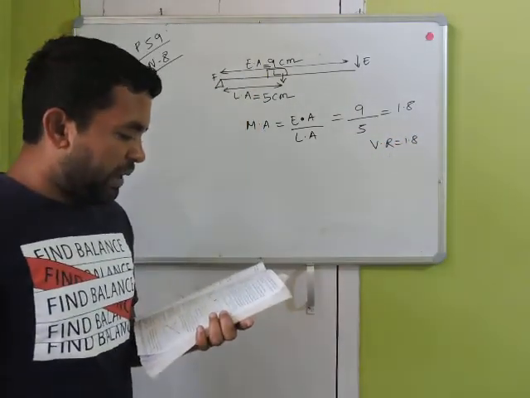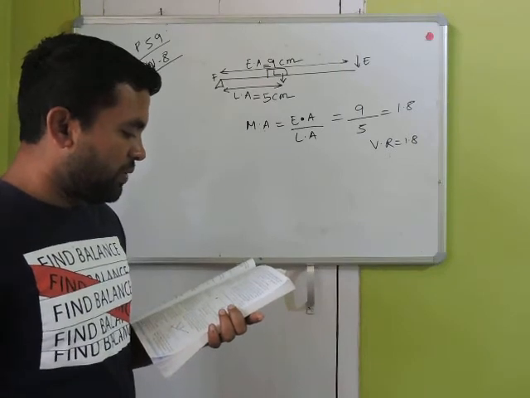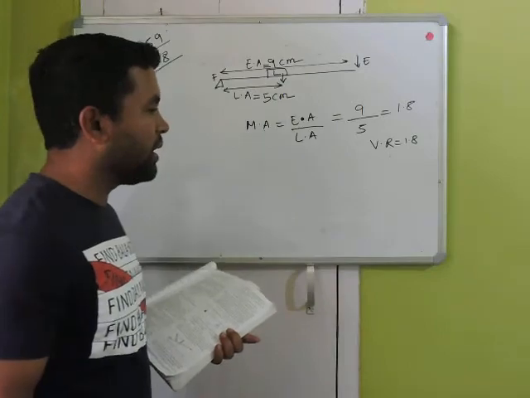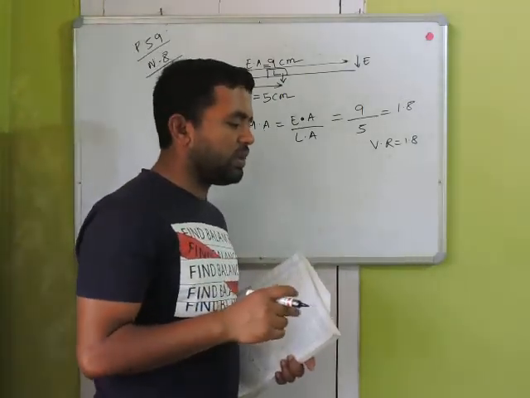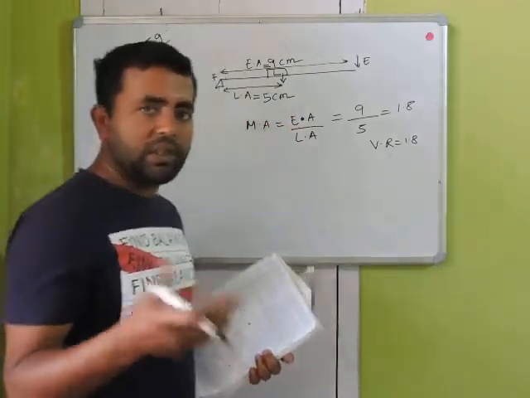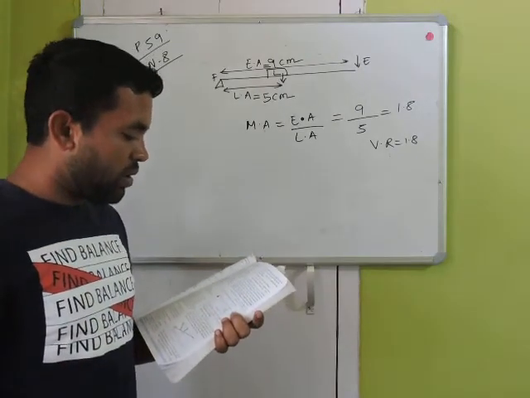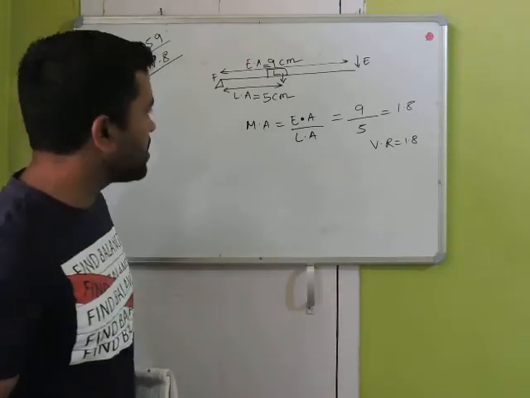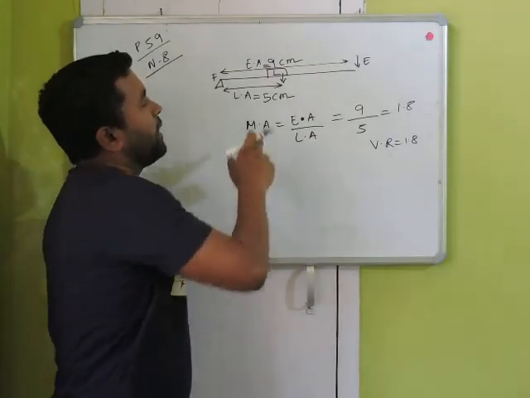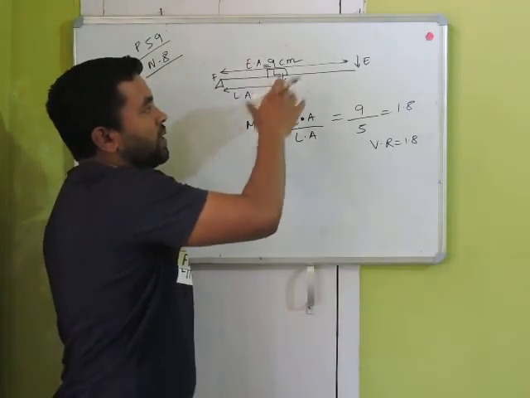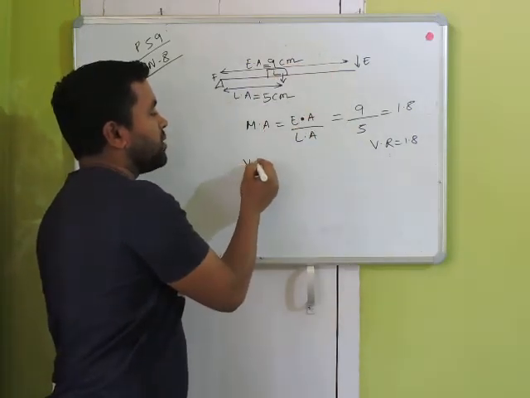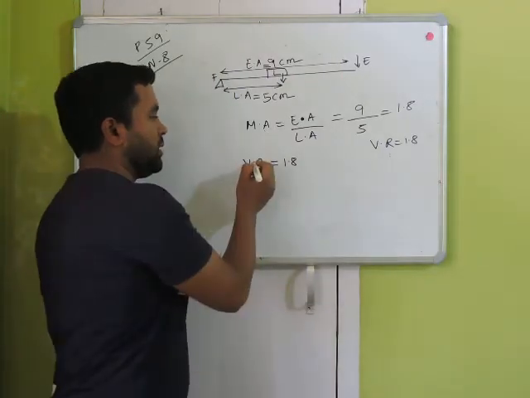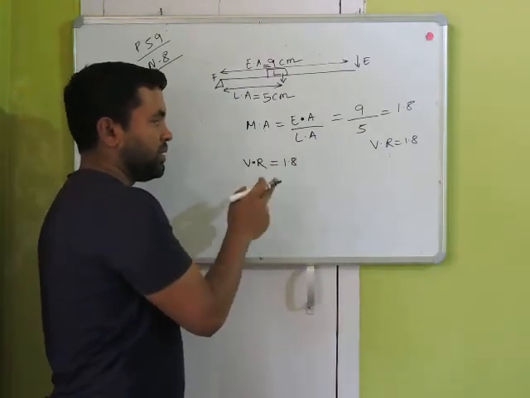Now, what will be the mechanical advantage and velocity ratio if the efficiency becomes 50%? Now, if you can recall, this question is about a non-ideal system, meaning heat is generated and there are some losses. We'll see in the case of pulley that when the system goes from ideal to non-ideal, velocity ratio does not change. So velocity ratio is 1.8 only. It is not going to change.